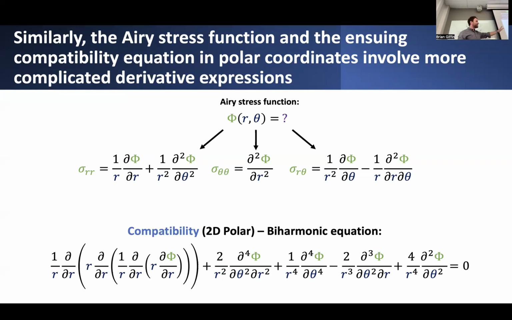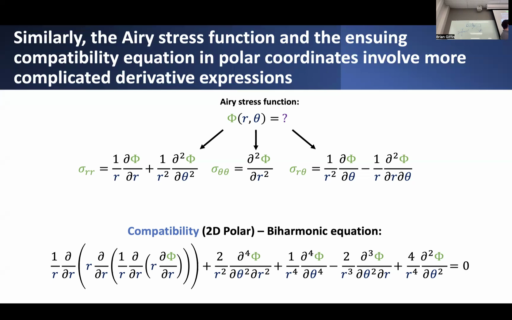And it's possible to show that all of these expressions, even though they're expressed in terms of R and theta, fundamentally, you could transform them back into an equivalent representation that depends not on R and theta, but on X and Y. And you would get back the original expressions that we had previously. So in fact, these are all totally equivalent expressions to everything that we had previously. It's just the nastiness of polar coordinates that makes it look kind of like,